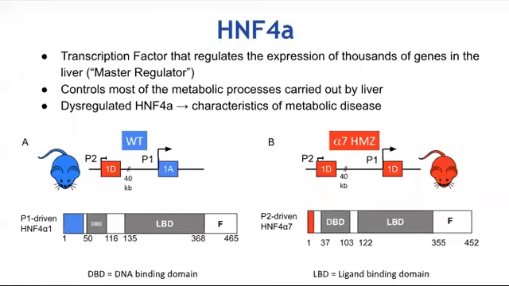Okay, so HNF4 alpha, what is it? In the Sladig lab, we study this highly conserved transcription factor. It stands for hepatocyte nuclear factor 4 alpha. It's primarily expressed in the liver, and it's very essential for our liver to function properly. Going a little in depth on this gene, we see in the graphic that it has two promoter regions, labeled P1 and P2, and these promoter regions can be expressed under different conditions.